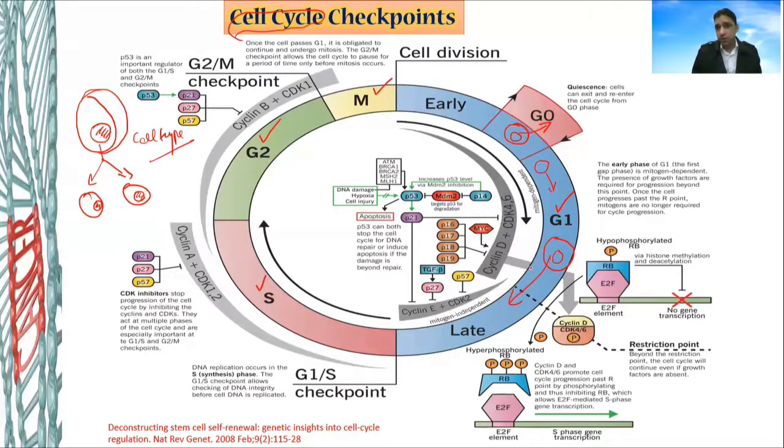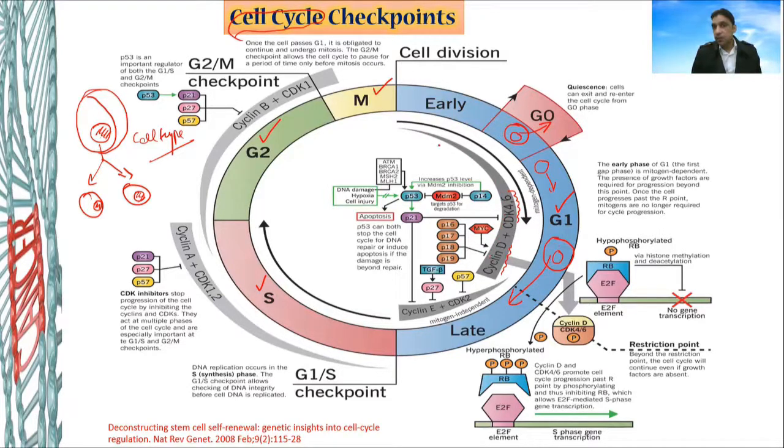Just look at these things and try to understand how we are able to grasp such diagrams better. You can see these things. This is cyclin D here. You can see the CDK4. This is another cyclin, the cyclin, 4 and 6. You can see the increase in the width of this thing.